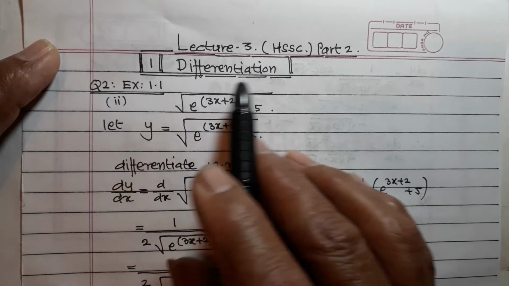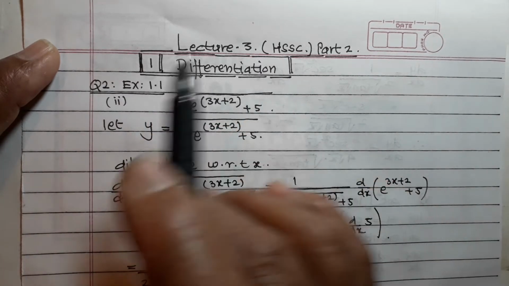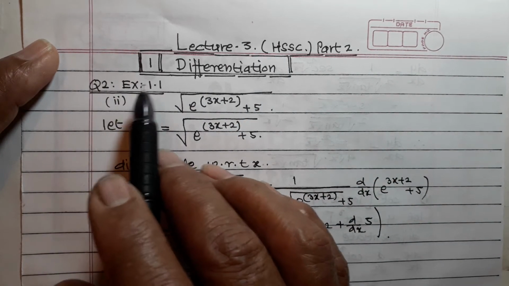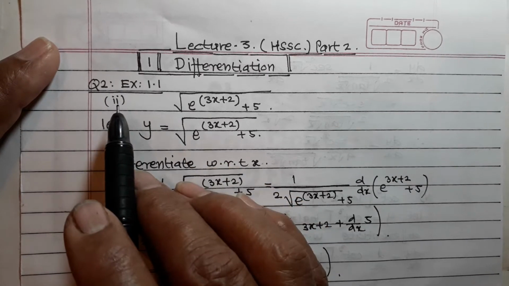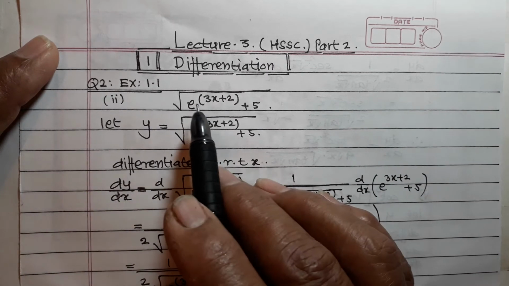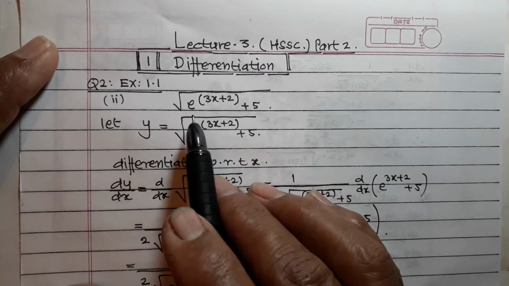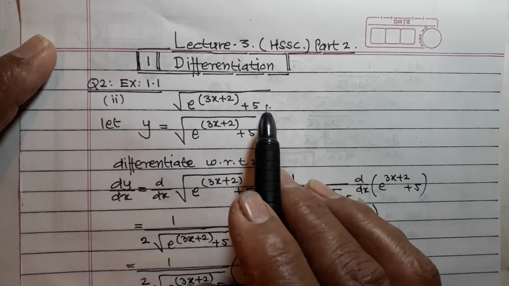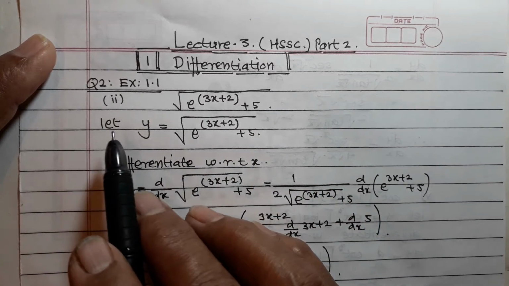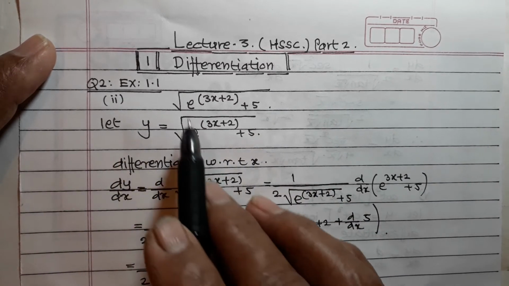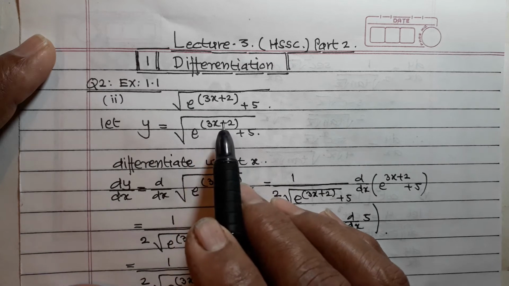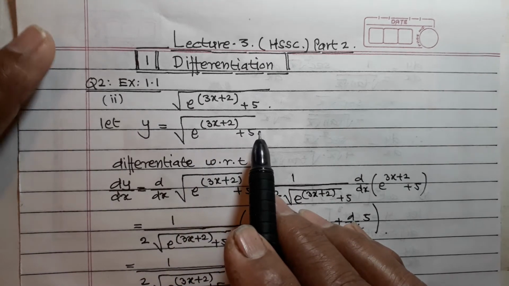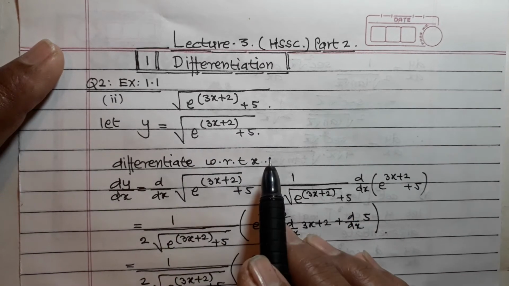Chapter number 1, differentiation. Question number 2, exercise 1.1. So, under root e raised to 3x plus 2 plus 5 is given. So let y is equal to under root e raised to 3x plus 2 plus 5. Differentiate with respect to